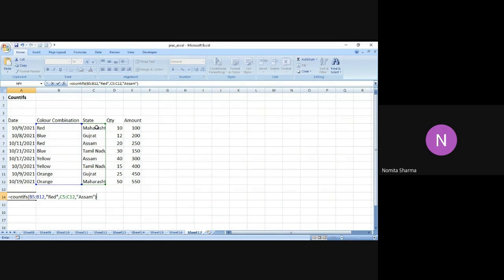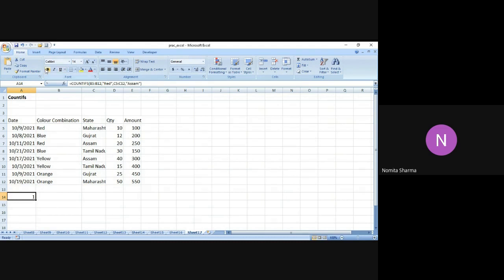So let's press enter and let's see what result we get. But before I press enter, let me one more time check my function, COUNTIFS, B5 colon B12. I've given the criteria, that is red, and for the C column I've given the criteria as Assam. So we get 1 as the answer. Now let's see how we're getting this answer.